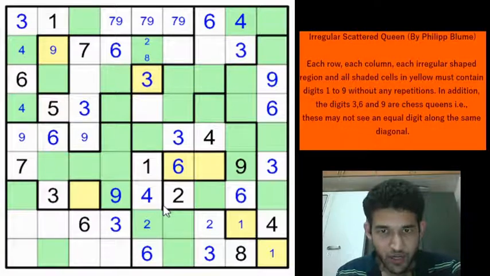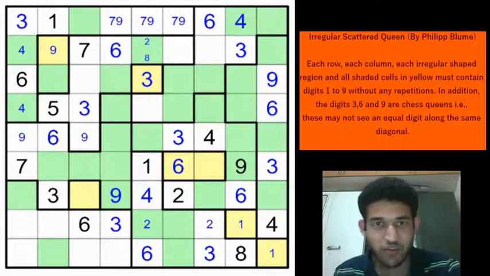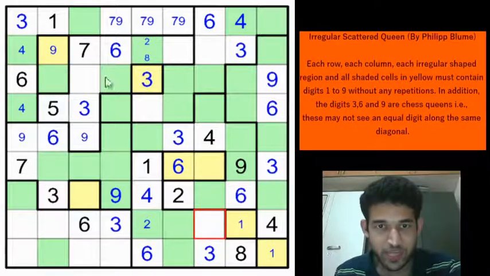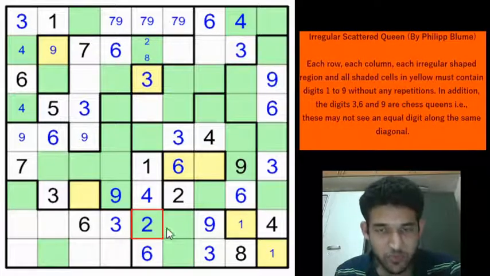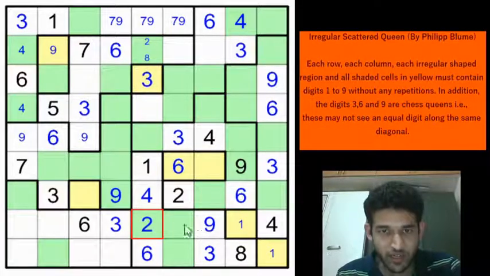And any more 9s? Okay, let's look at this region. There is only one cell left for the 9. You can't have 9 anywhere except in row 8, column 7. So we can mark that using a 9. So this can't be a 2, it has to be a 9. And now, since we have pencil marked 2 to one of these 2 cells, this cell will be a 2, right? And now I think we should be able to place all the 9s. We have got so many 9s now.